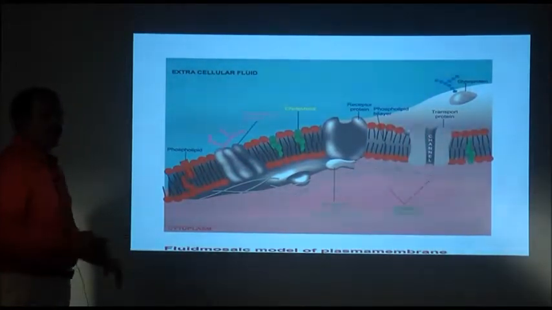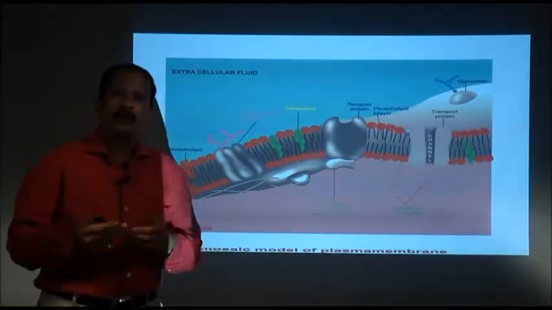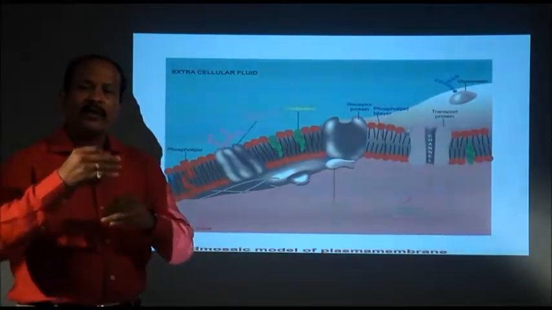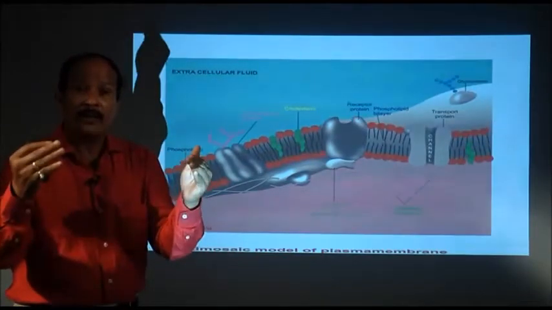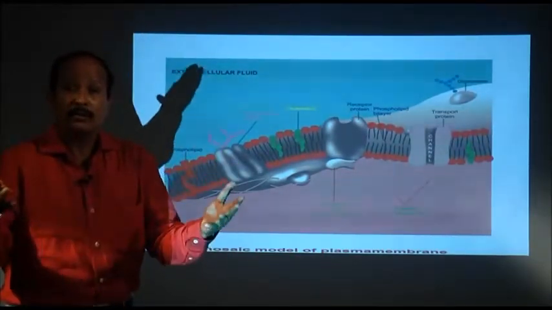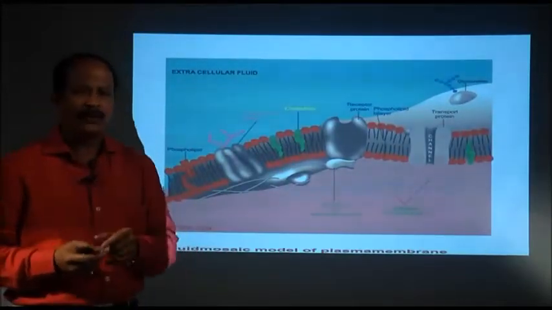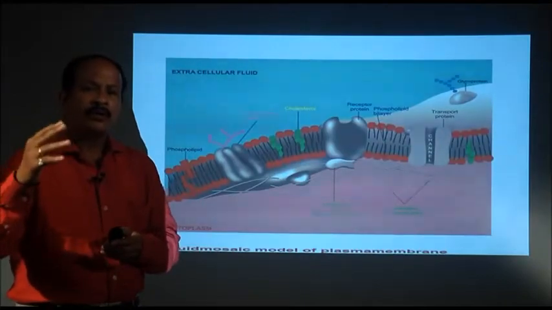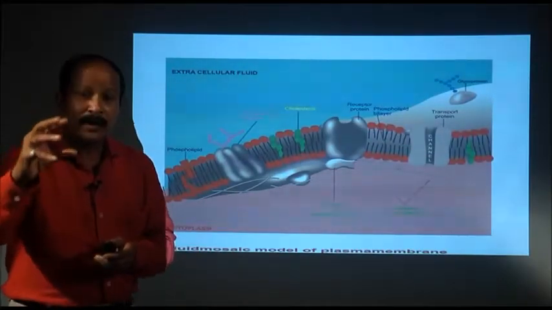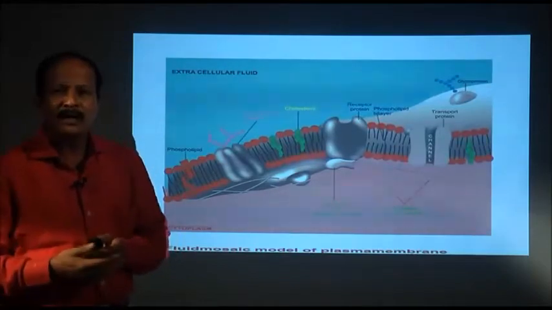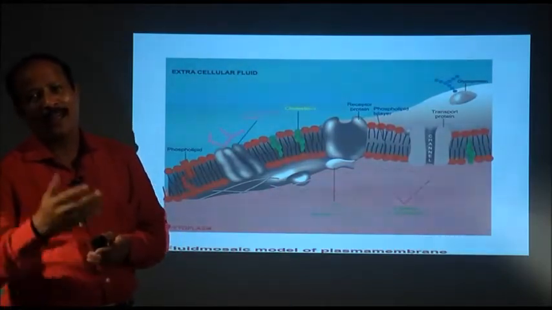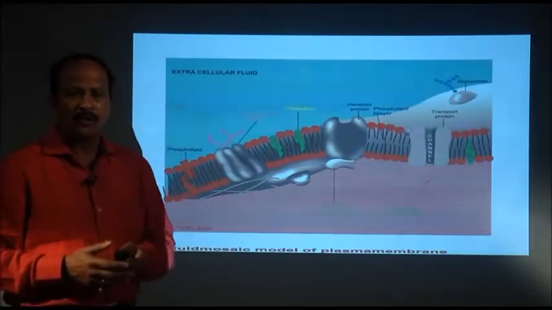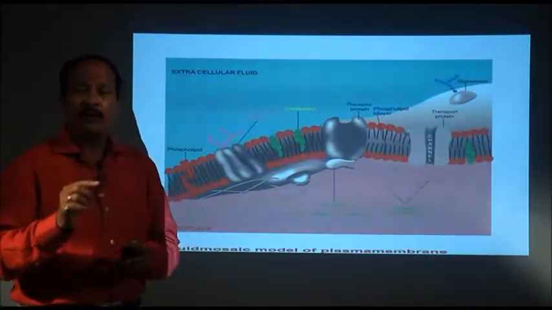The study of plasma membrane began in 1892. In 1892 scientists started experimenting to find out what is the structure, what is the composition, how it is organized. But almost in 1972 scientists concluded definitively what the structure of the plasma membrane is, and that came true. Different models were proposed, we do not have time to discuss, you can go through them in the books, but what